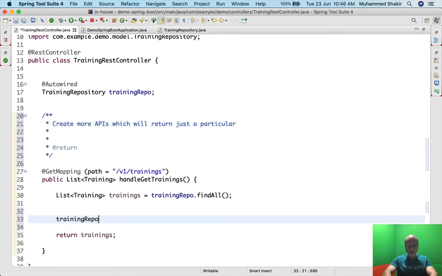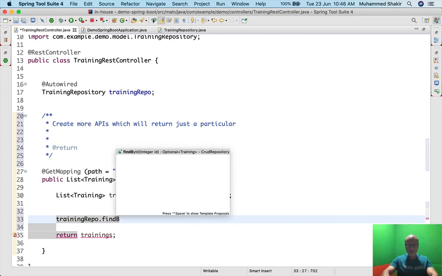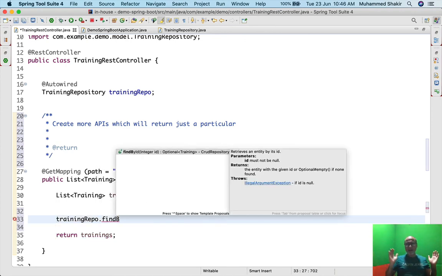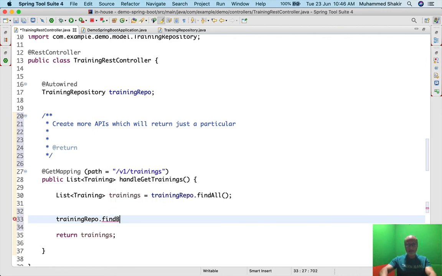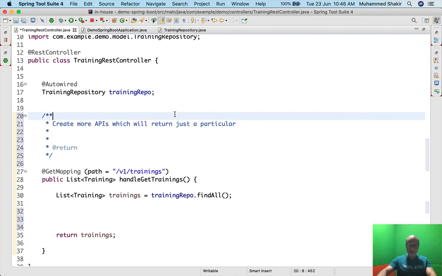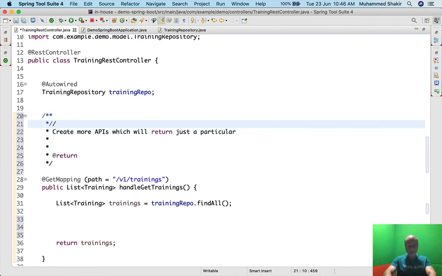You can see this training repo dot. I'll say find by. I'm just giving you the hint. Please see find by ID. I pass an integer as a parameter. What it will return back is one single optional object called training. When I say optional, you figure out what is java.util.Optional, and see, java.util.Optional is a part of Java 1.8. It's a very simple thing. You Google on what java.util.Optional is, and you will be able to understand how to get the data from an optional. Okay, do some R&D on